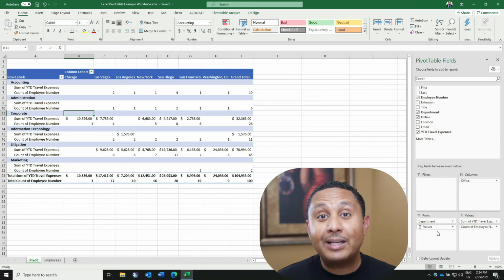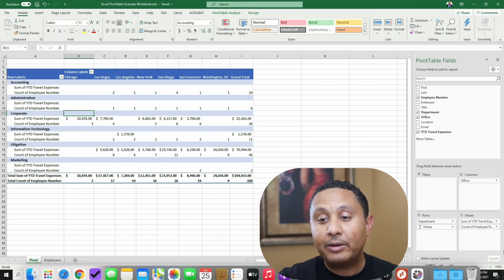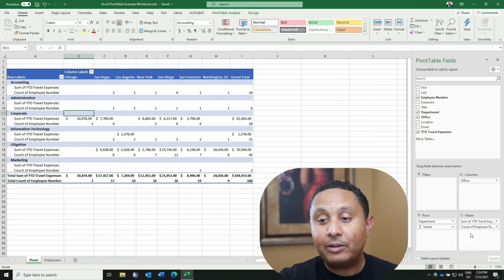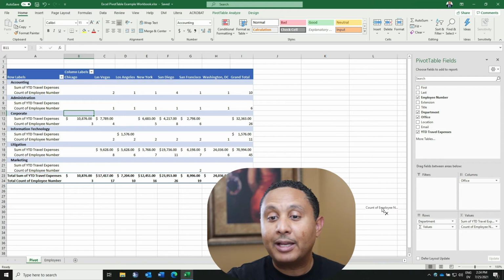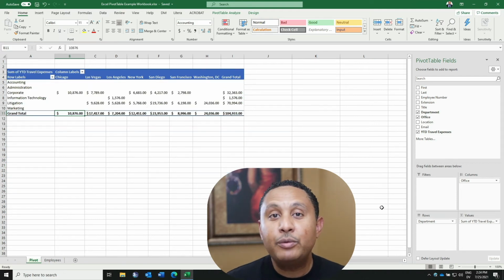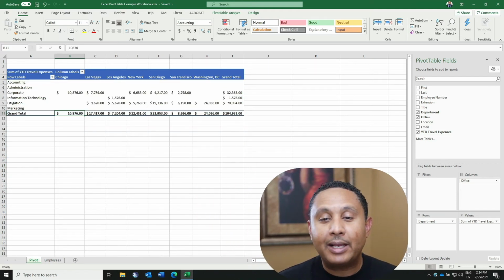Okay, let's say that we'd like to remove some data from this pivot table. We've got a lot going on here. It might be a little bit too complex to show someone all at once. So what we're going to do is go down here to where it shows us the values area. Right here, count of employees. I'm going to take that and drag it outside of the area. You see the small X when I release. That removes that data from my pivot table, and it's reverted to the simpler question that I was asking just